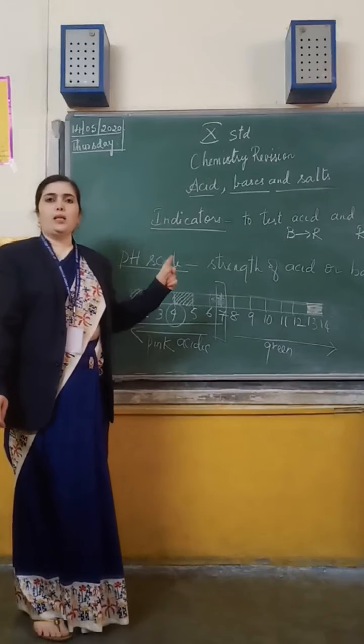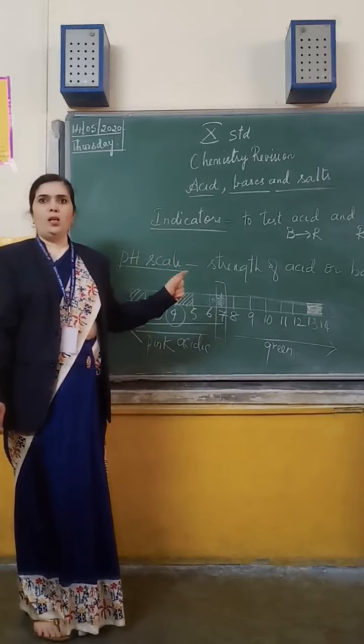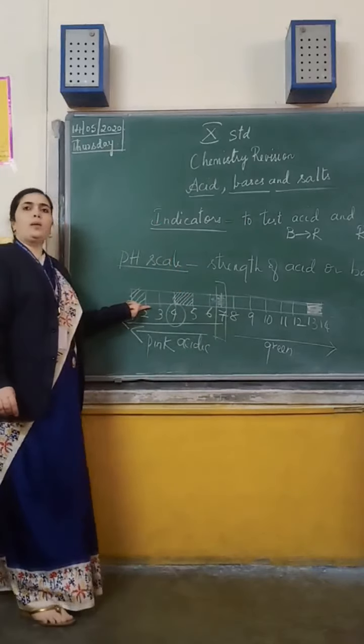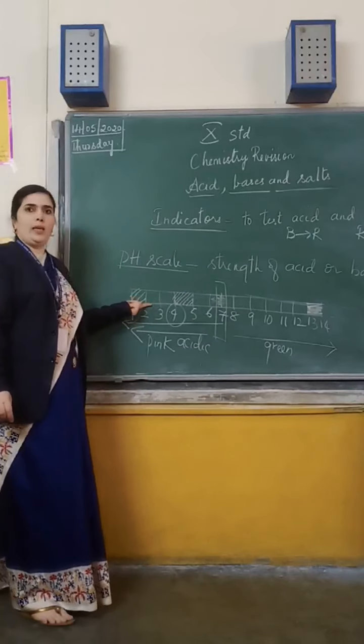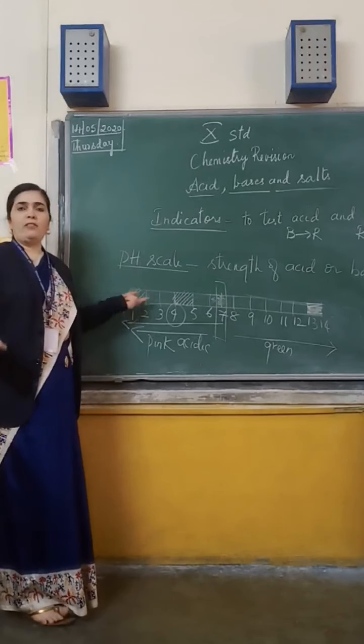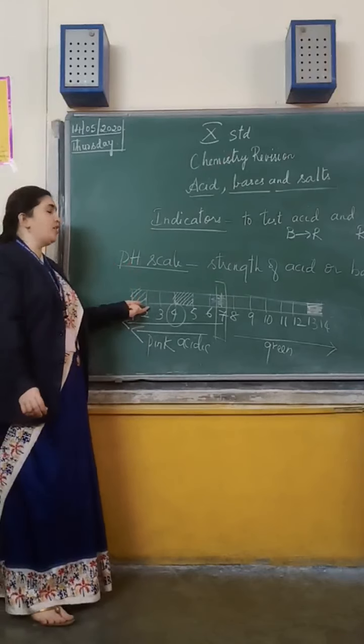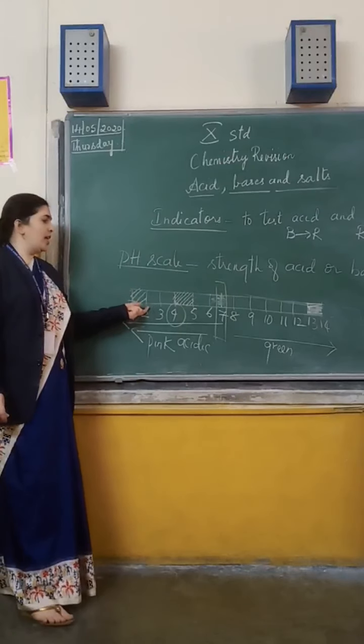So universal indicator, pH paper, you are testing what color it gives in the pH paper. You are tallying that color in the pH scale. It is not any device or anything. You just have to match the color in the pH scale. So whichever color it is showing,